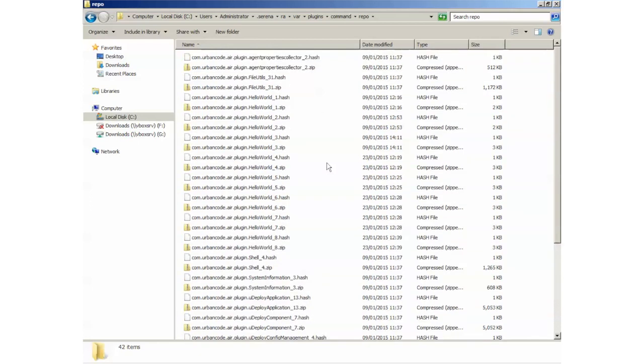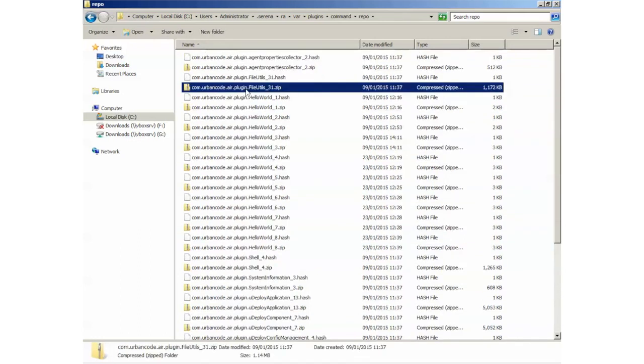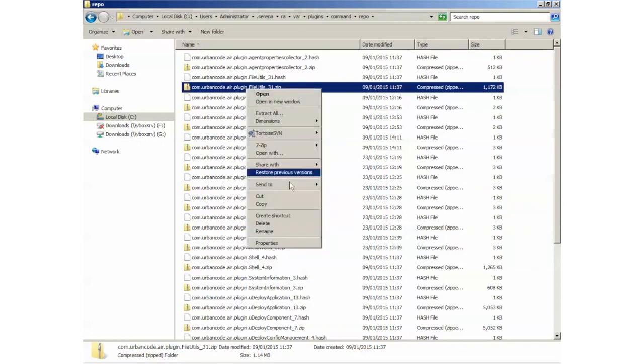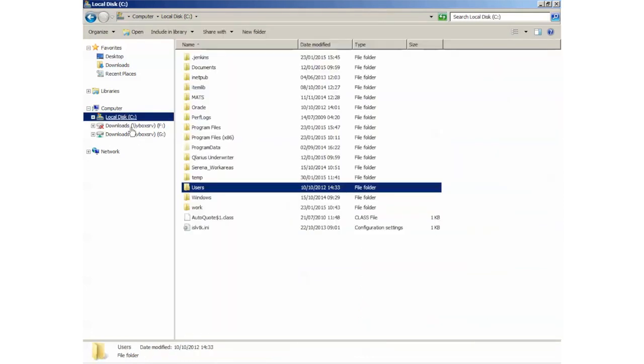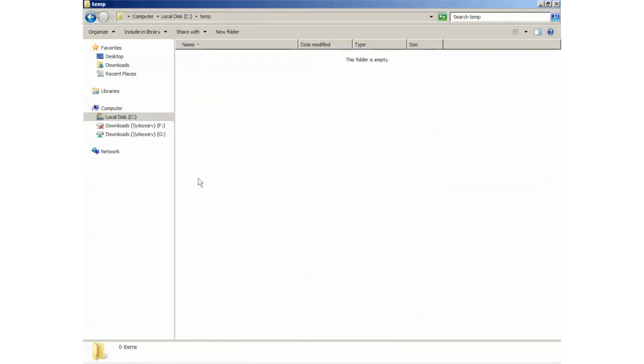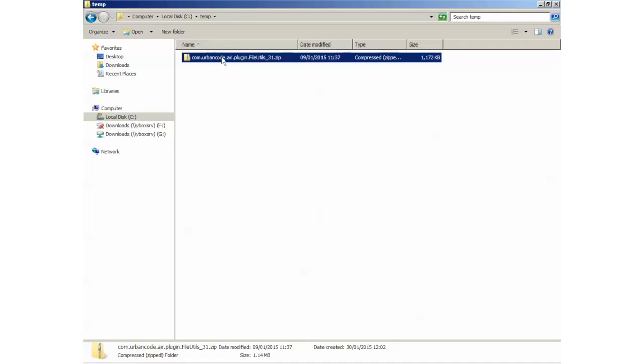And we wanted to look at the File Utils plugin. So here it is, the File Utils plugin. We're just going to copy that zip file out to a different location because we don't want to look at it directly on the server. So I'm just going to copy it out to my C:\temp directory. And now I can just access the plugin, and here we can see there's a series of .groovy files,